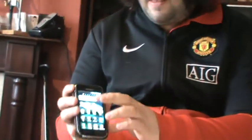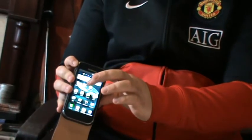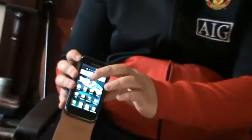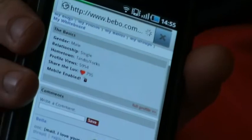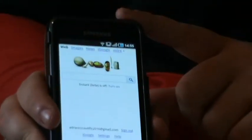I'll show you that. Now when I click on internet, that button there, the internet. Can you see that? Yeah, I'll just go in a bit on it. Click on that and you've got your internet, which will bring up your home, which will bring up Google, as this is made by Google. Well, it's made for Google. You can do whatever you need. It's quite good. And if you go into Hotmail with it,